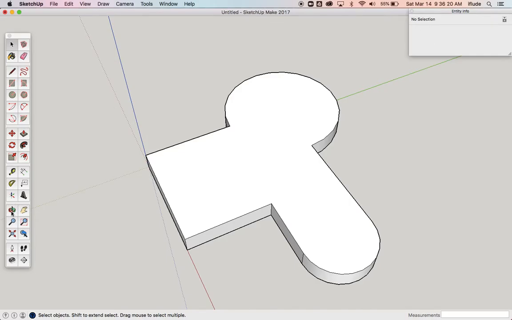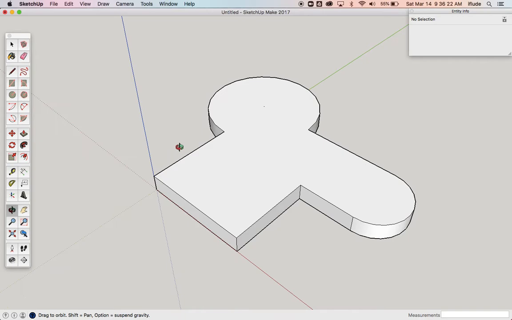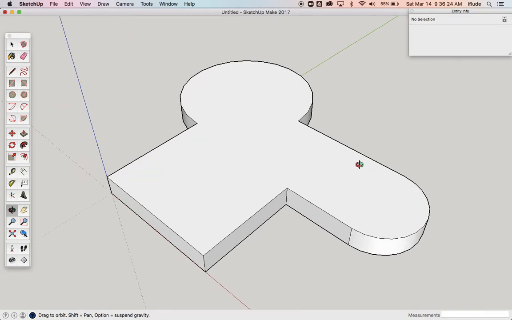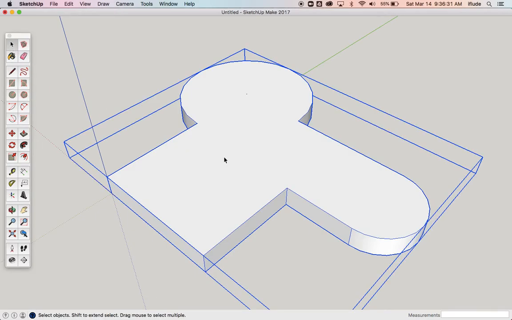So in this SketchUp snippet, we're going to talk about another common mistake that a lot of students make that you need to avoid making. Okay, and again, we're talking about components, and it just so happens that I have this component right here, which